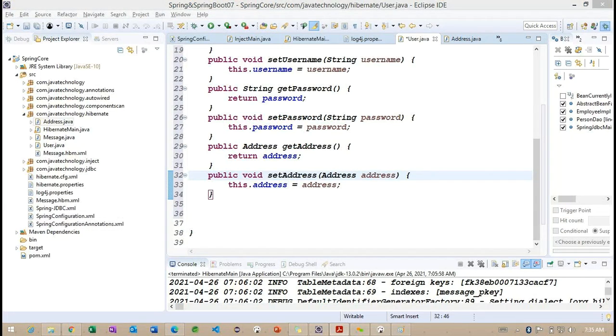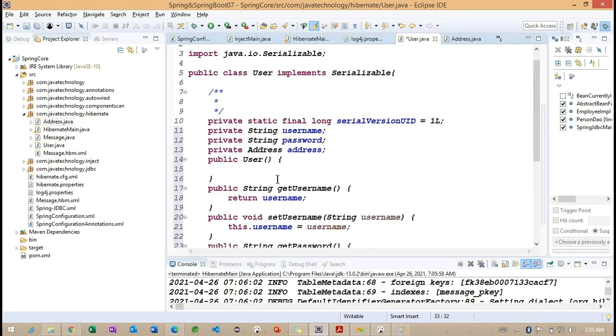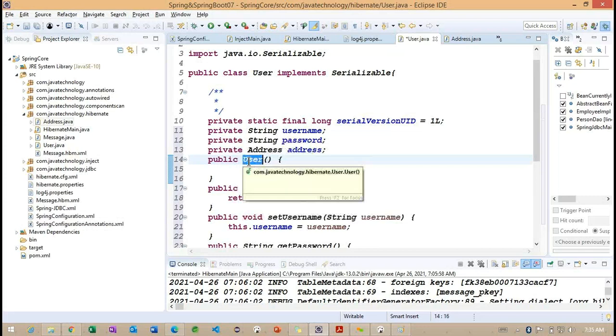Now you can understand here. As we discussed, the Serializable we are going to work with the HTTP session or any REST API related, and we are creating the default constructor here. So why we need to create it? Basically, Hibernate is going to create an object of any class using constructor dot new instance.